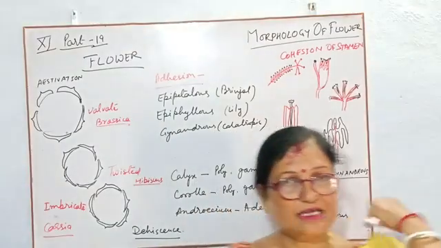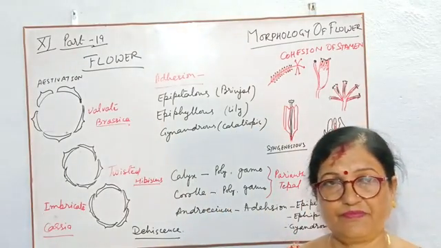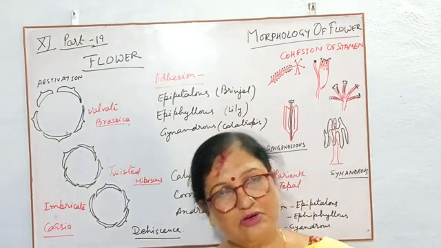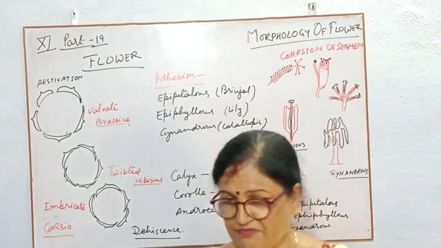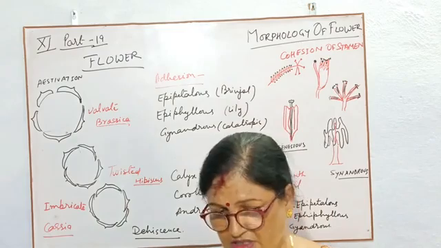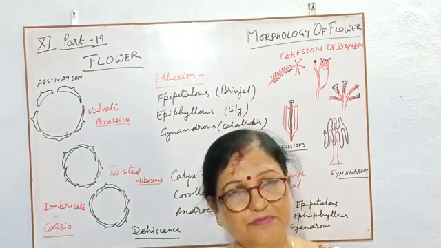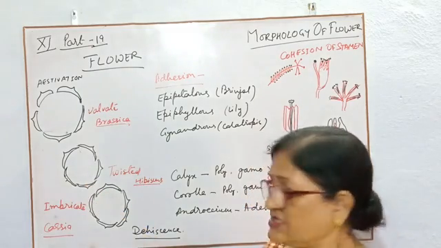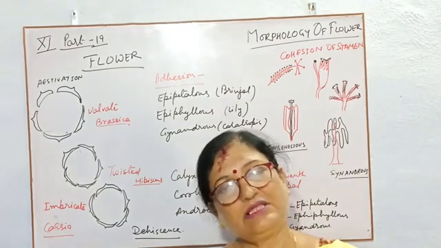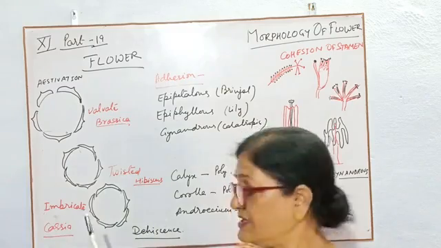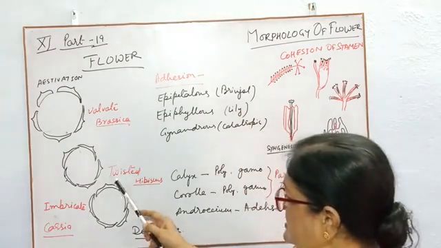An example is Brassica, that means mustard flower. They have valvate estivation, sepals also and petals also. In some flowers both become different. It is not necessary that everyone has the same petals and sepals, but all the floral parts are arranged in these 3-4 estivations, or in these varieties. Next is twisted.